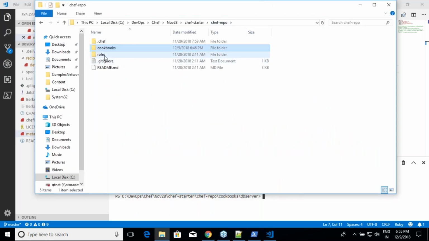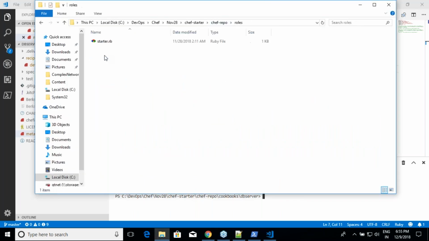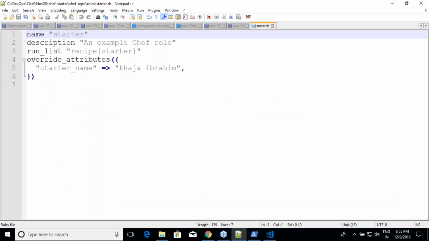In Chef repo, are you seeing anything called roles? There's already some introduction over here. It says that you have roles, right? And there is something called starter.rb. And he tries to tell you that my role's name is starter. And the description which I'm trying to write is whatever is the description. And run list of this is